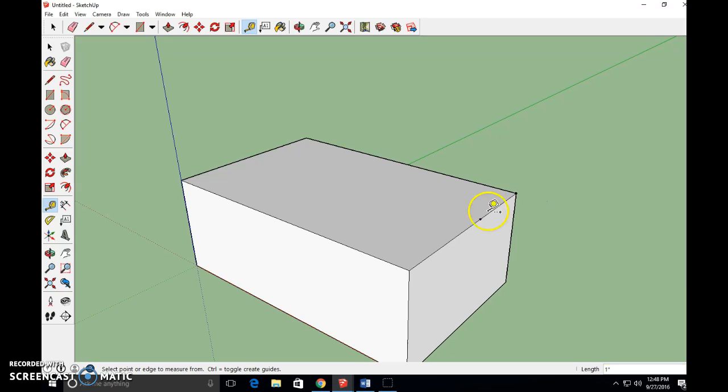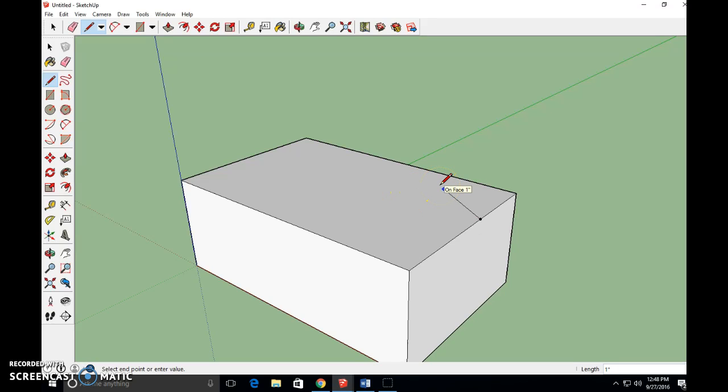All right, and notice I have a little thing right here. So I just clicked on here, I dragged this over, and I typed in 1 inch. And it makes a little point for me. So now I can use my pencil tool. I'm going to click on the pencil tool, click right there on my guide point, and notice on your drawing,